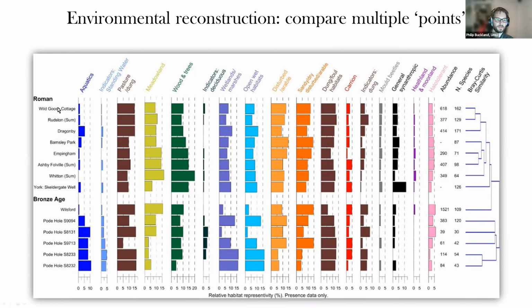And this is some work we did looking at one sample from a Roman well in Sherwood Forest, actually. And we could see that Sherwood Forest wasn't very wooded, which upsets quite a few people, but I'm afraid Robin Hood didn't run around amongst the trees. There weren't that many trees there.